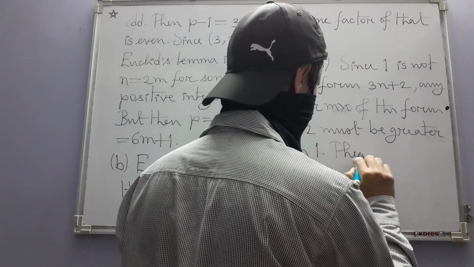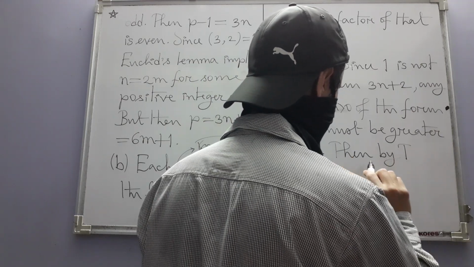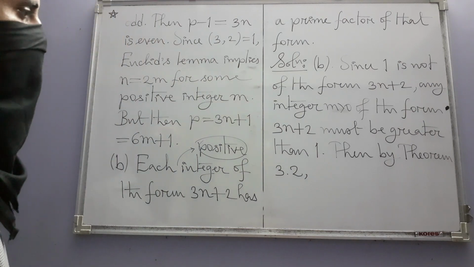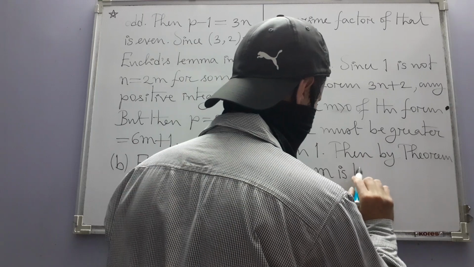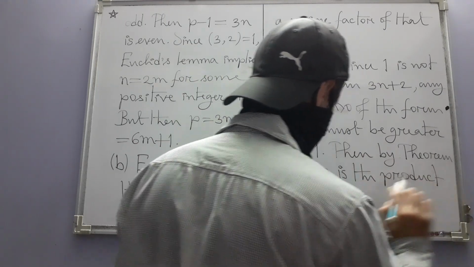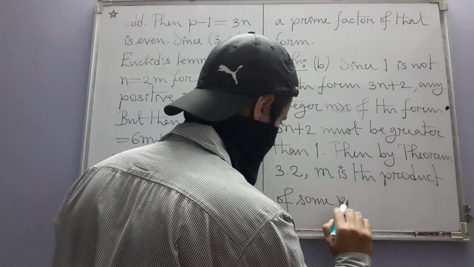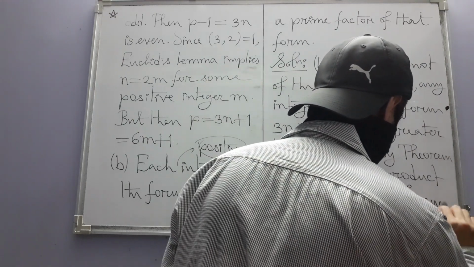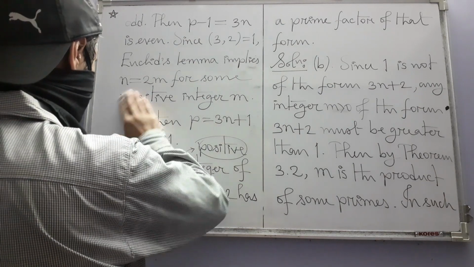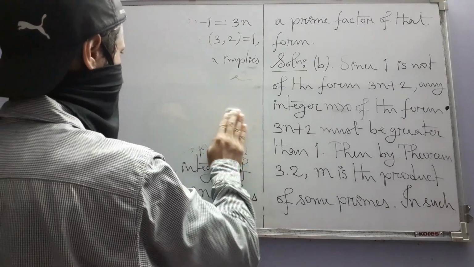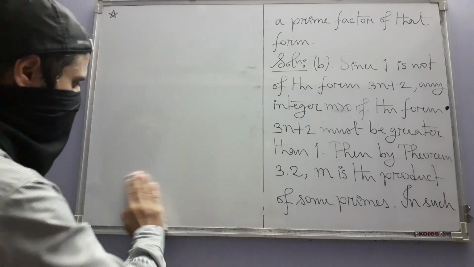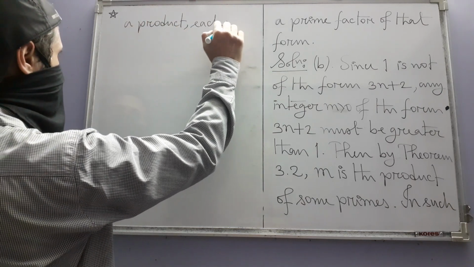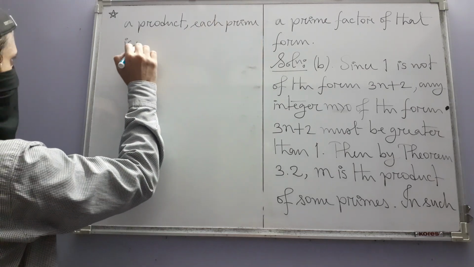Then by the fundamental theorem of arithmetic, which is theorem 3-2, if I am remembering correctly, m is the product of some primes, and in such a product, each prime is of the form